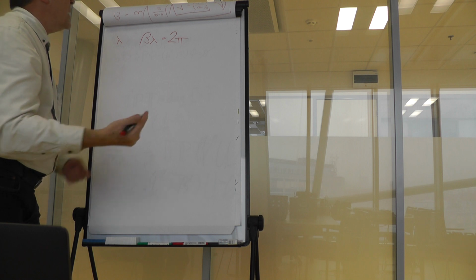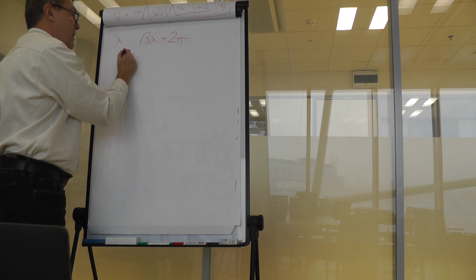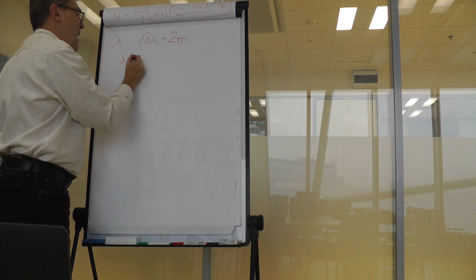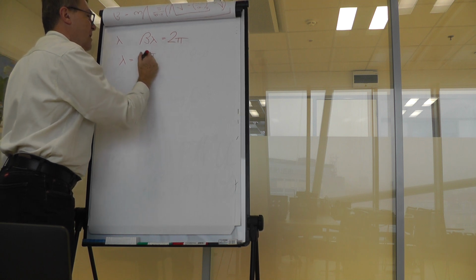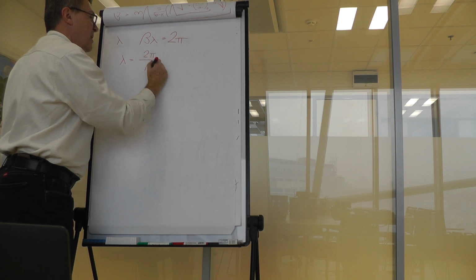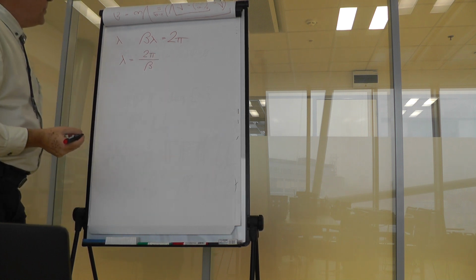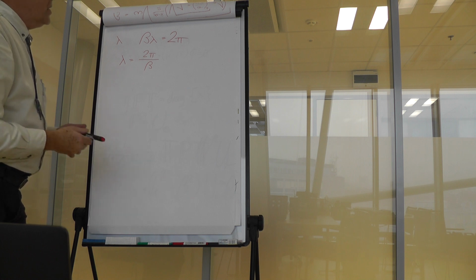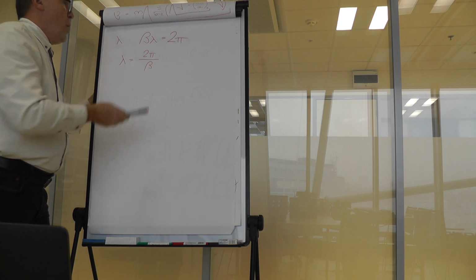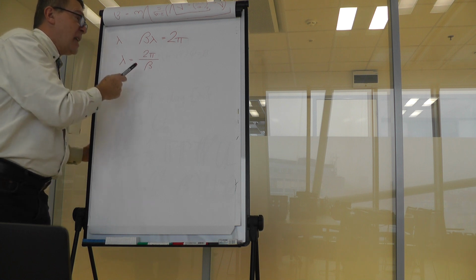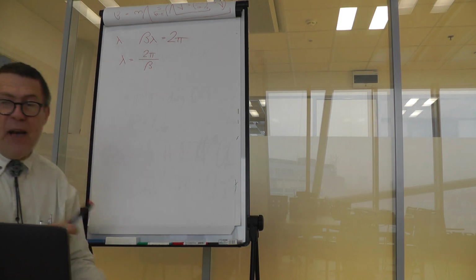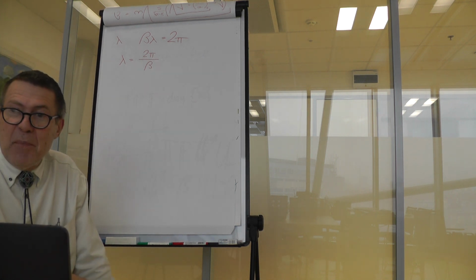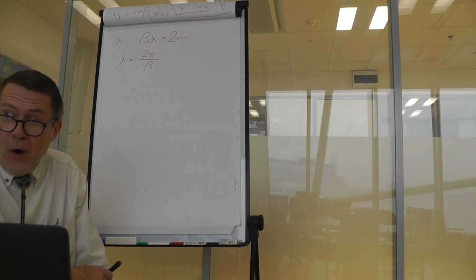And out of that, we can easily extract lambda as 2 pi over beta. This is an important formula that allows us for establishing a wavelength within a material for a wave of given